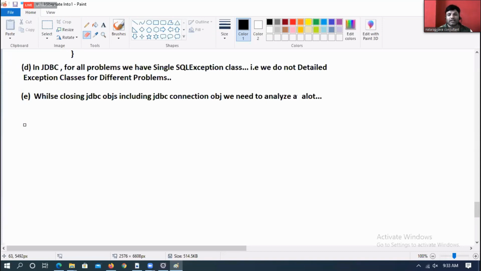Number two, if an exception is not raised, catch blocks will not execute, then the connection object and other JDBC objects will not be closed. Sir, I will try to close at the end of the try and catch blocks. But writing the same code multiple times is a bad practice. Then what should I do?